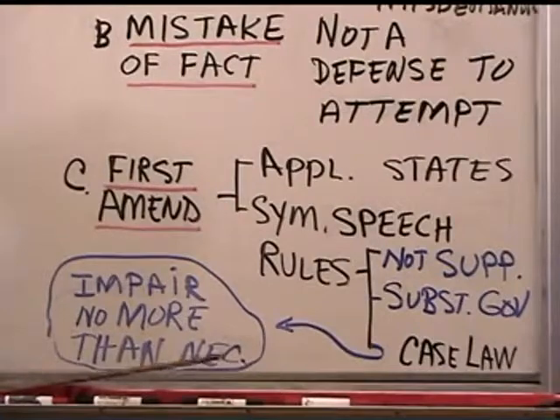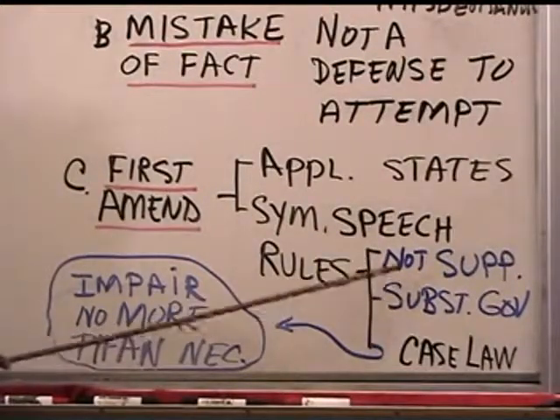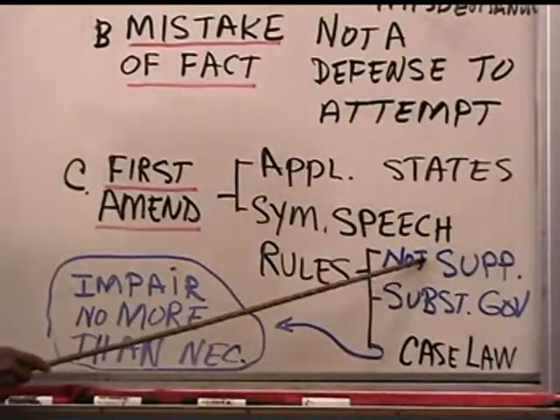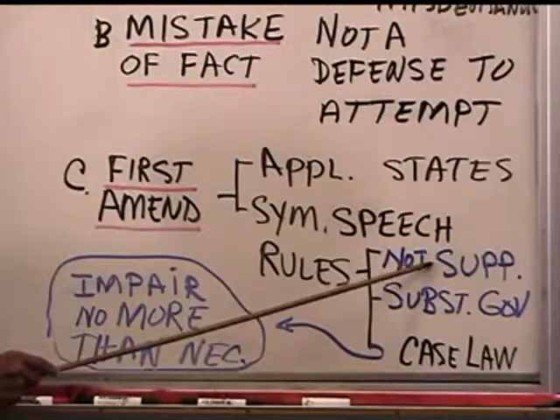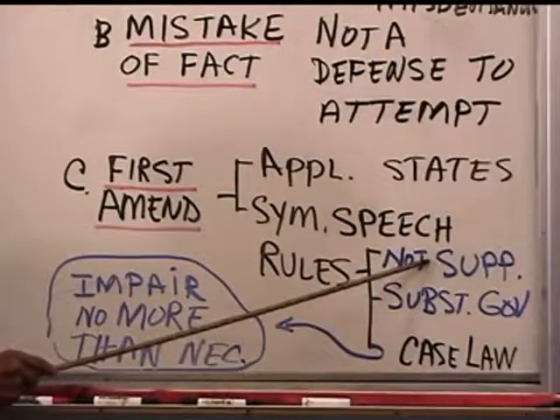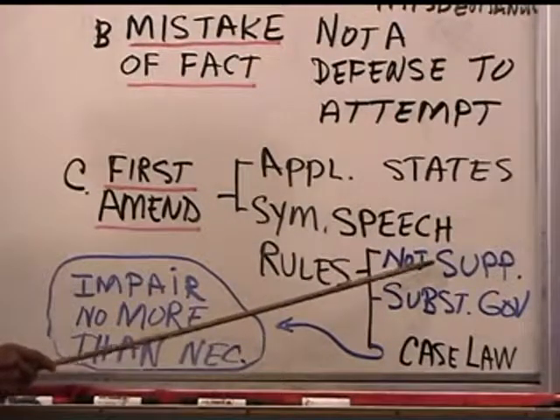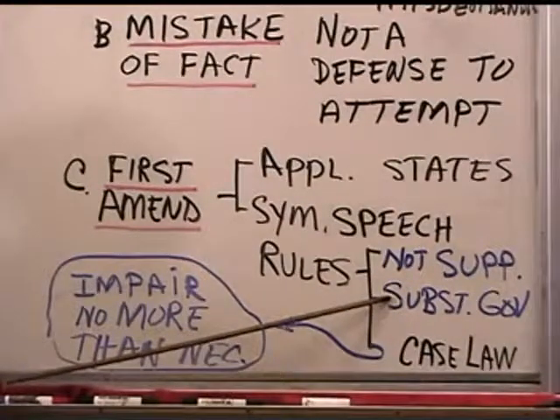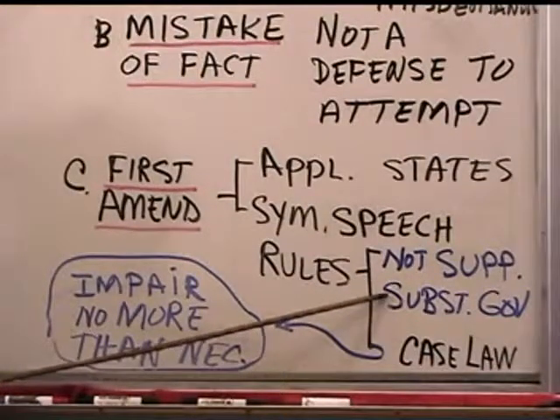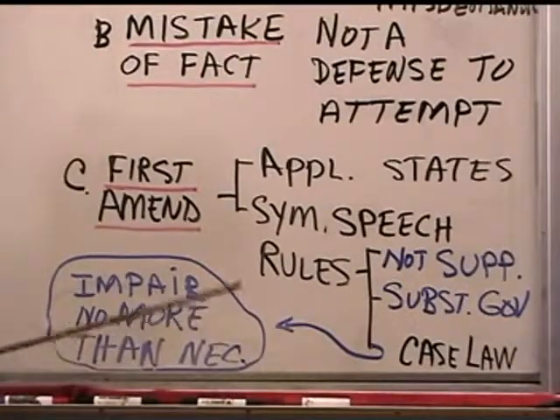And you give some discussion about that. Was the government, in this case, saying, don't burn the Constitution? Are they trying to suppress by content? Of course they are. Don't burn the Constitution. So I think they're suppressing by content. Does the government have a substantial interest in not having you burn the Constitution? I don't think so. And so I think the rule fails.